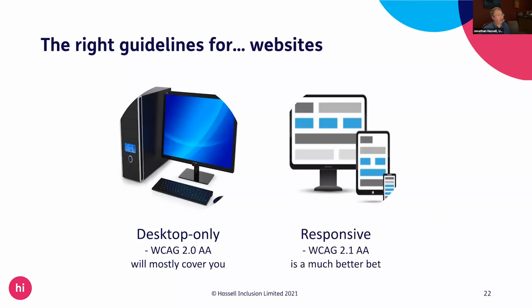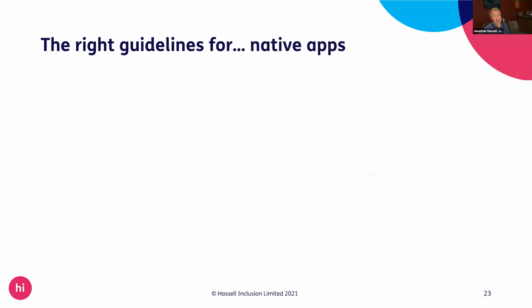For everybody else in the real world, 2.1 AA is where you should be at if you are looking at websites in 2021. If you're not there yet, then I would suggest that you very much want to get there as quickly as possible. It's worth it. That's the key thing.